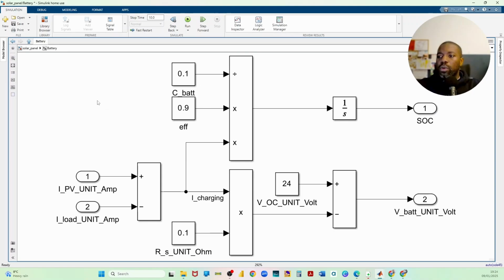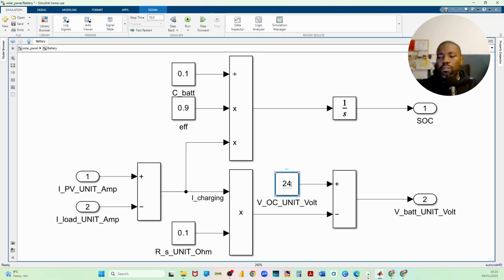You have a specific current that comes from the solar panel, and based on whether there is a load, which could be a motor, could be a light, whatever the case may be, given the charge and the capacity of the battery, and a certain efficiency, it will allow you to work out the state of charge, which essentially means just how full or empty a battery is, and also will allow you to